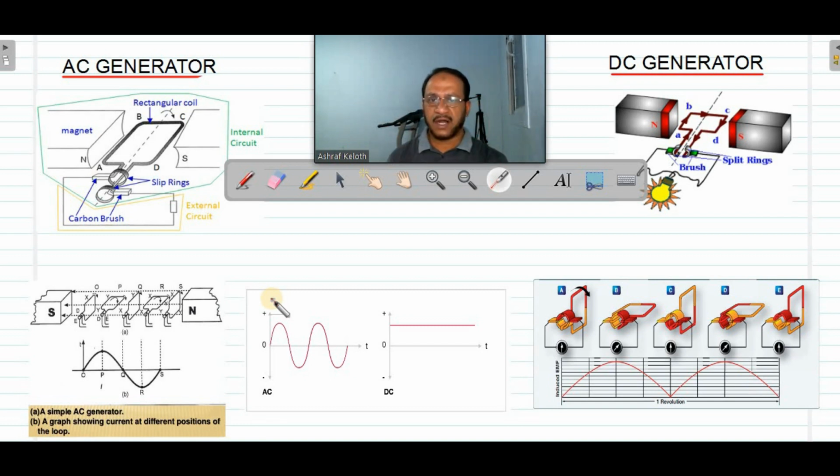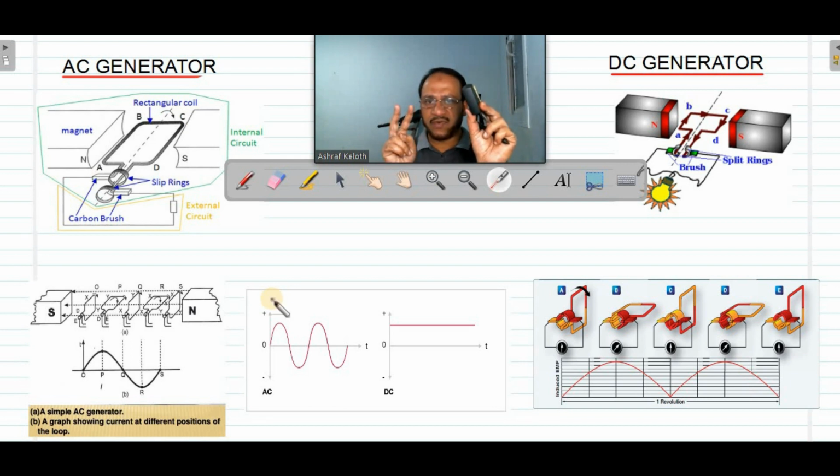voltage. Can you connect a mobile phone directly to a 220 volt supply? Because your mobile phone needs only 3 volt. That also DC. 3 volt DC is needed for charging your mobile phone. But we are plugging that on a 220 volt line. Instead of plugging the mobile phone directly, we are plugging by using a charger. So this is a charger, Nokia charger. So what does the charger do? What is the function of a charger?